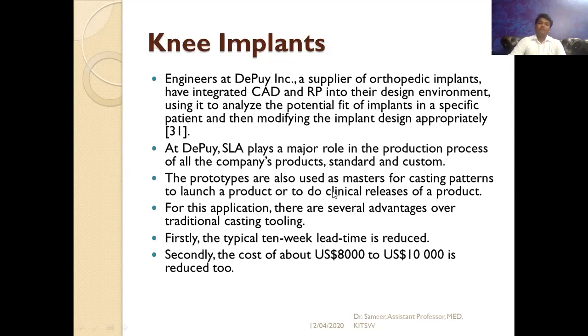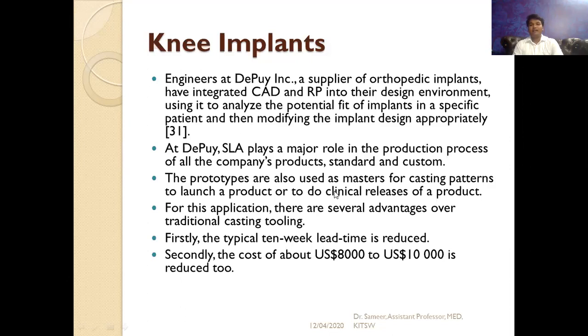DFU Incorporation is one of the orthopedic implant suppliers. They have integrated CAD and RP into the design environment, and they could analyze how the implants fit into that particular patient, and if any designs are required to be modified, they would do it appropriately